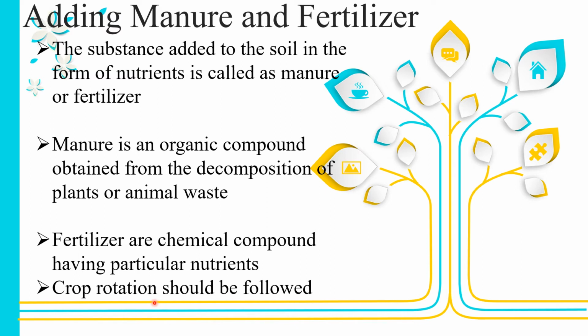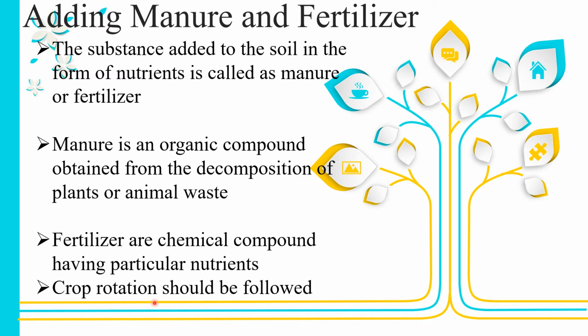Why do we have to do this crop rotation? As I told you, the fertility of the soil can be improved by crop rotation, where different types of crops, for example, leguminous crops and non-leguminous crops, are grown alternately in the same field or soil, and that practice is called